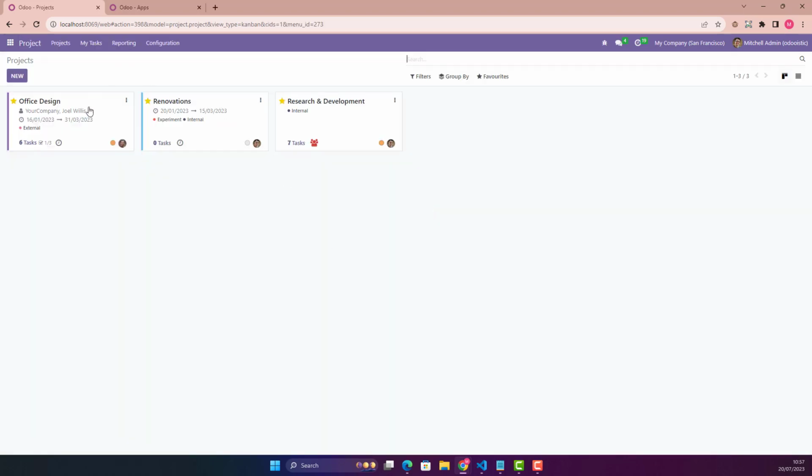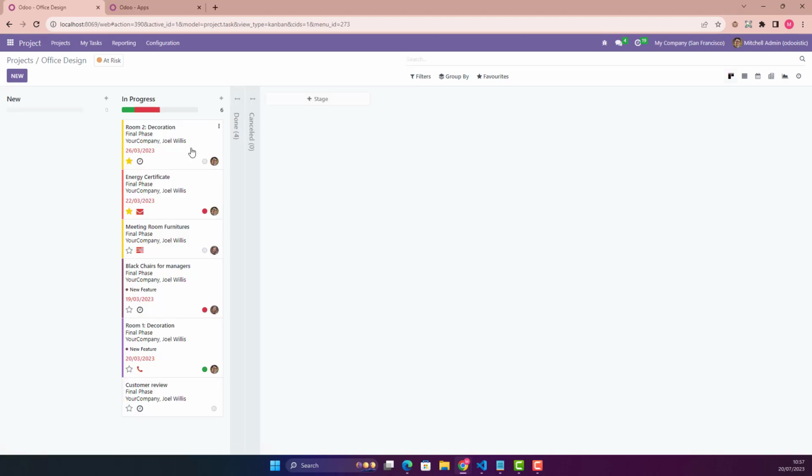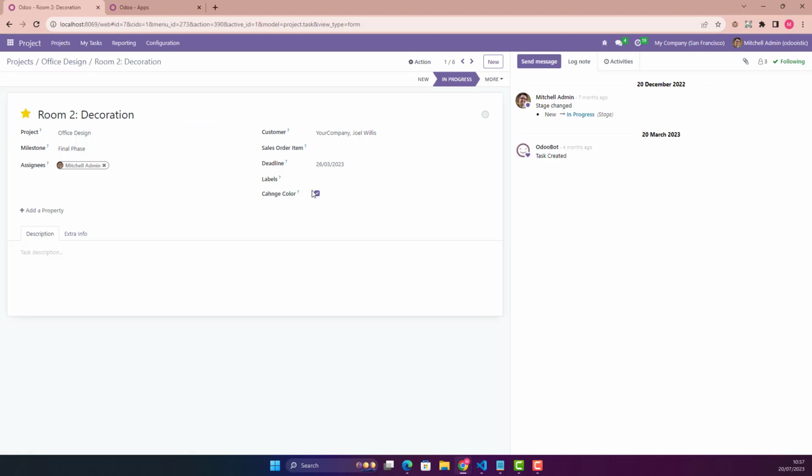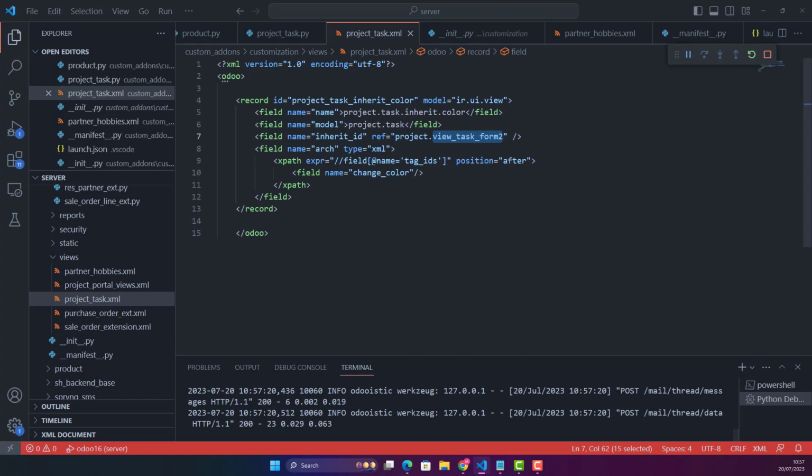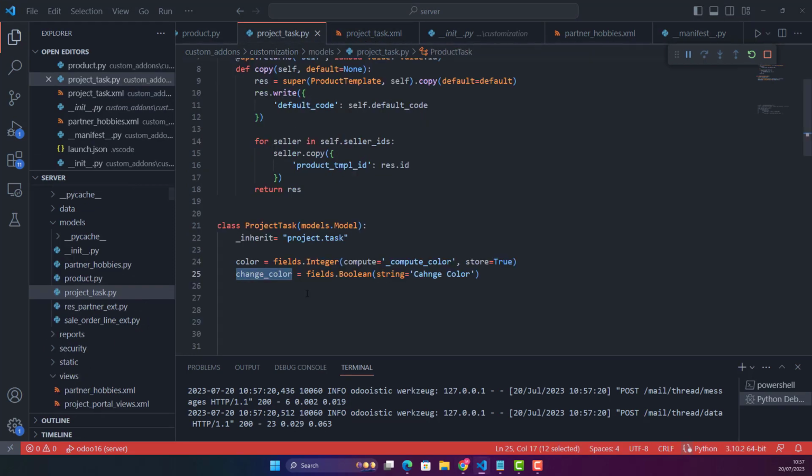So we just go in our project, and then we can see our tasks. Any task we open, and then change color. If you see, change color is there. Okay, now we just need to add that compute function, which I have just spoken to you about. So this is a compute color. We just copy it,